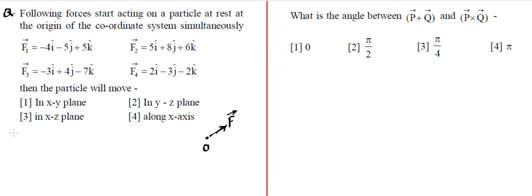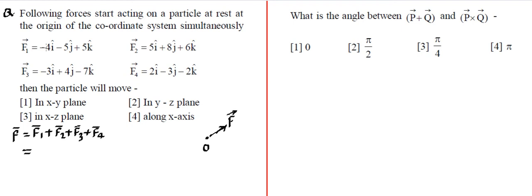So what we are going to do here is find the net force, which is the sum of all the forces. So it's going to be the vector sum of all four forces that have been given to us. Now we can sum them up. We have learned this addition of vectors. We can add any number of vectors if they are given in i cap, j cap, k cap form. If we do this summation, we collect i terms together, j terms together, k terms together, as per the rule that we have talked about.